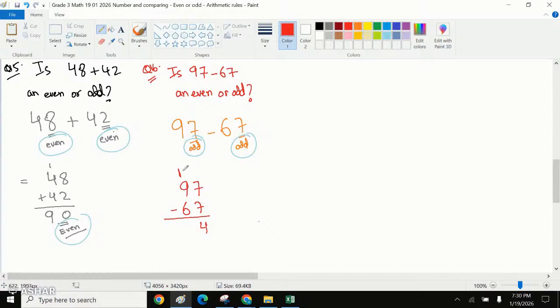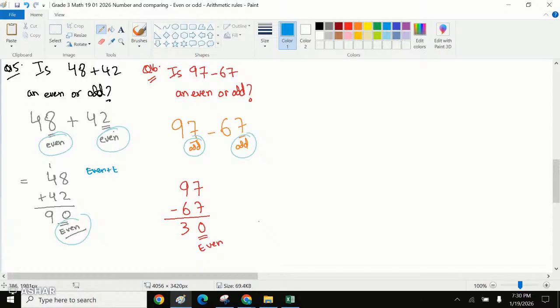We carry 1, 10, 6. Sorry, it is subtraction, my bad. I'm adding. Apologies, I added them. Sorry. 7 minus 7 is 0. 9 minus 6 would be 3. I'm sorry, I just added the numbers together. It ends with a 0. It becomes an even. So we have the rule that